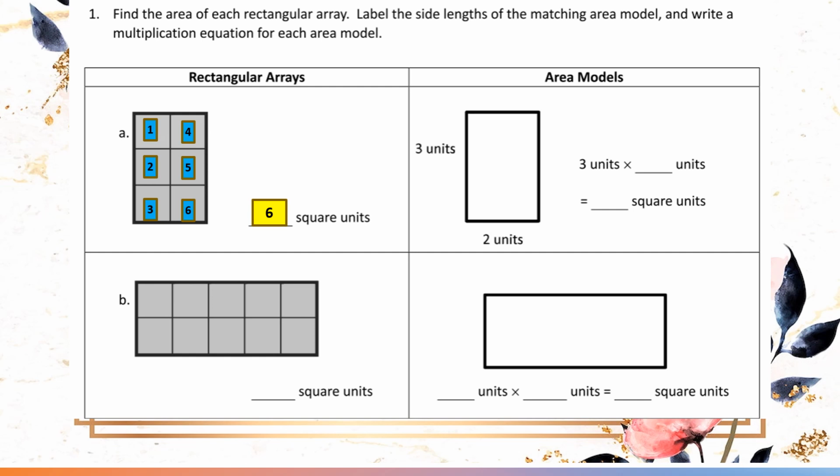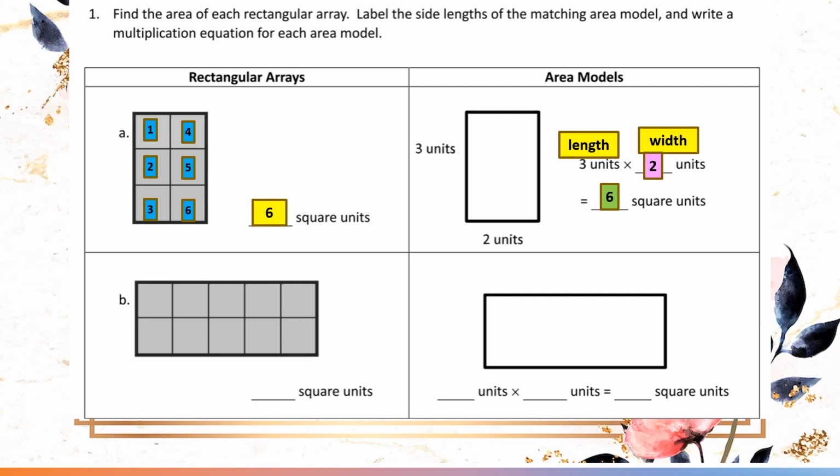Now let's take a look at the area model. So it shows us that on the length side, the length is 3 units. And on the width side, the width is 2 units. And they've filled out part of our equation for us. So we have our length at 3 units, and that's our length there. So that means that all we have to do is fill out our width, right, which is 2 units. And so our equation is 3 times 2. And 3 times 2 is